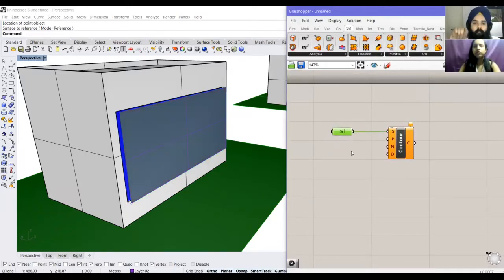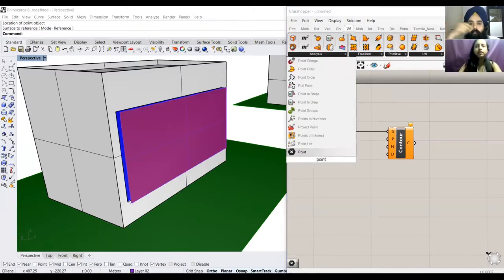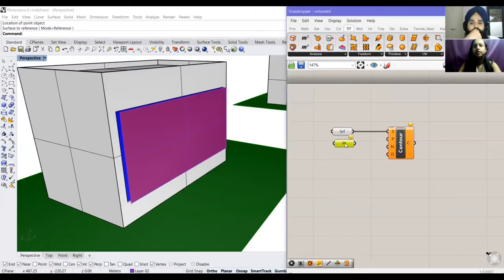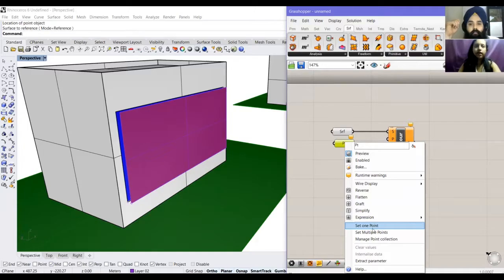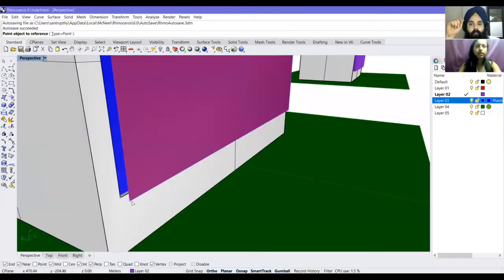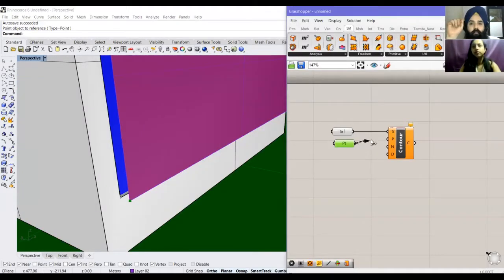I say that I need to contour these surfaces. This says contour start point. So the start point is this point that we talked about on the surface. So I'll take a point command and set one point. And this point is the one on this surface.